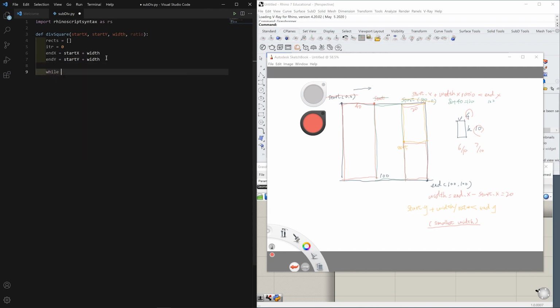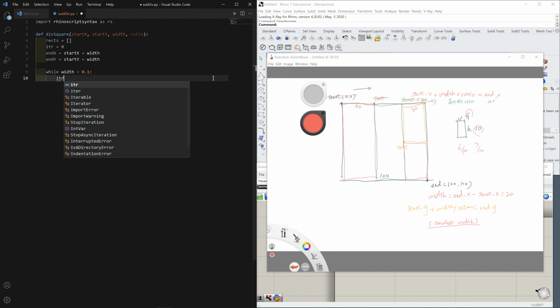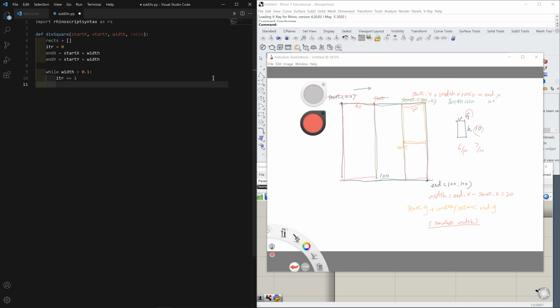And we can say while the width is larger than 0.1, that means our smallest width is 0.1. Only when width is larger than this smallest width, we can divide the square. And inside this while loop, I will first set iteration plus equals 1, and if iteration modulo 2 remains 1, and only when this condition is true, only when this iteration modulo 2 remains 1, oh sorry, this should be a double equal mark. Only when this condition is true, we check